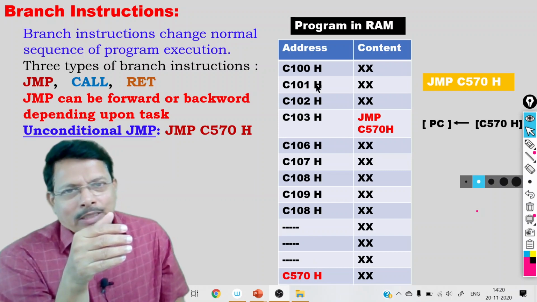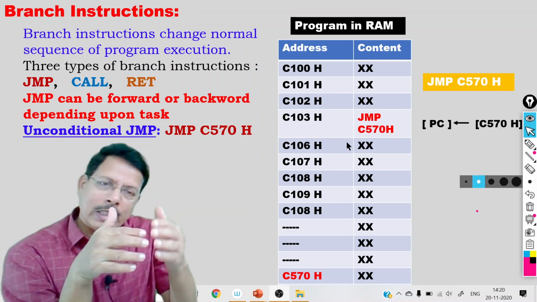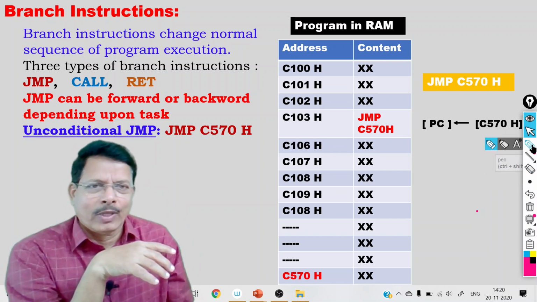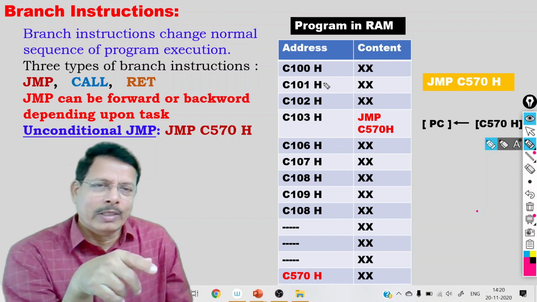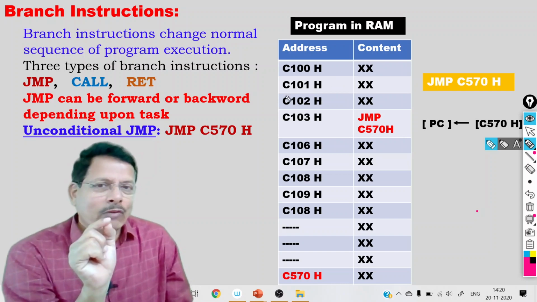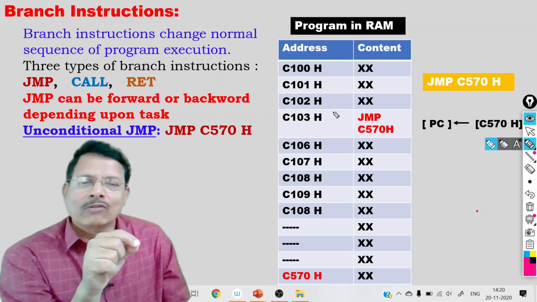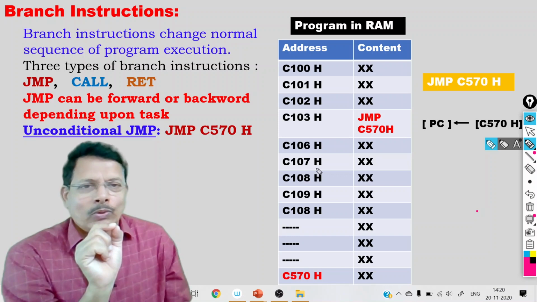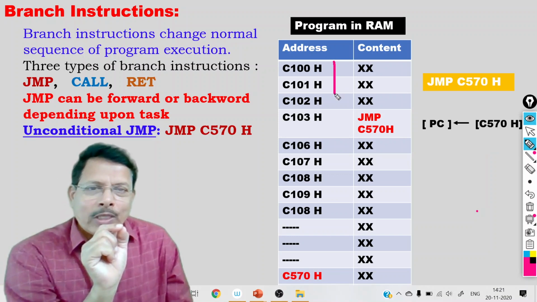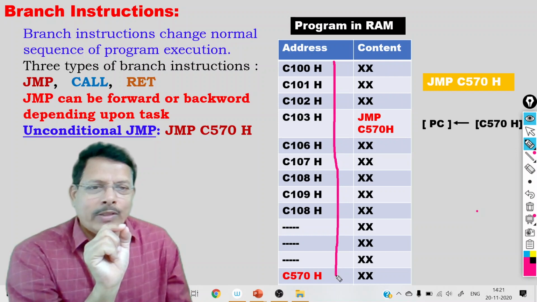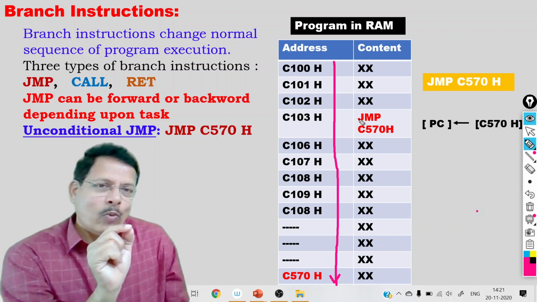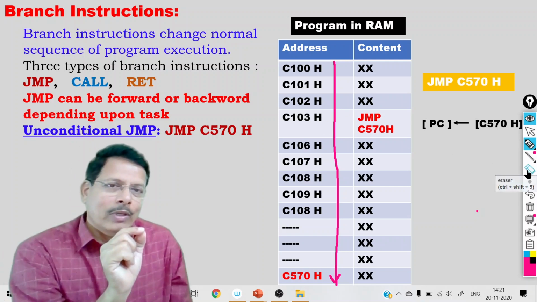Usually this execution goes in sequence, one after the other, like this. For example, first this instruction will be executed, then my program counter will point to C101, the next instruction will be executed, and so on until the last instruction. So usually this flow of execution is sequential, and we call this the normal execution of a program. Okay, but now at this point of time, you see we have introduced